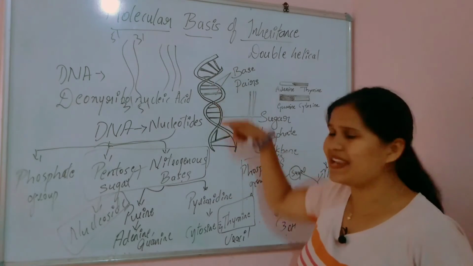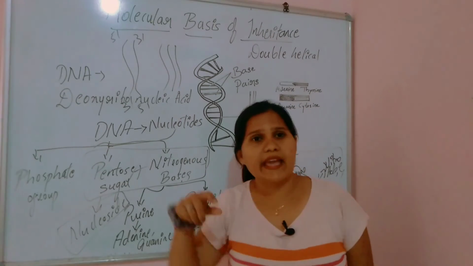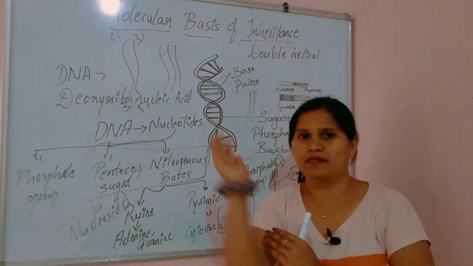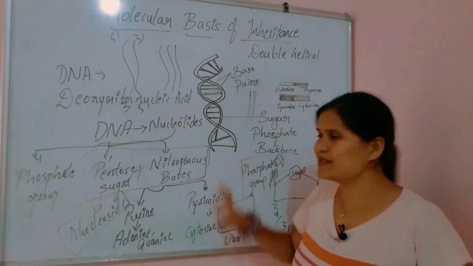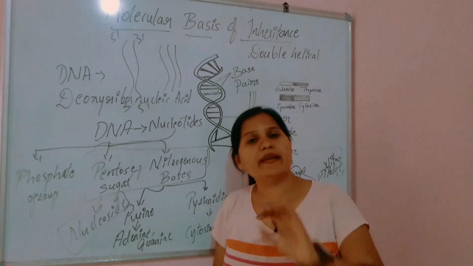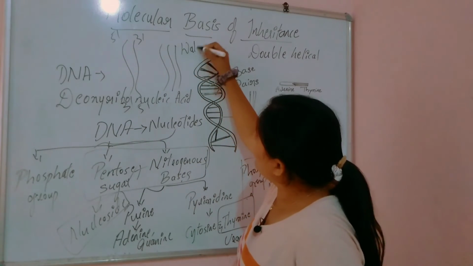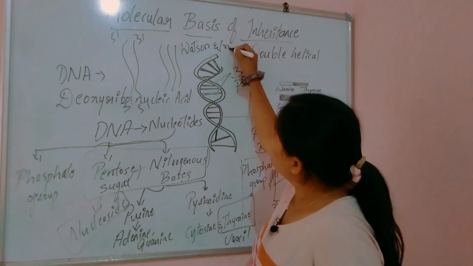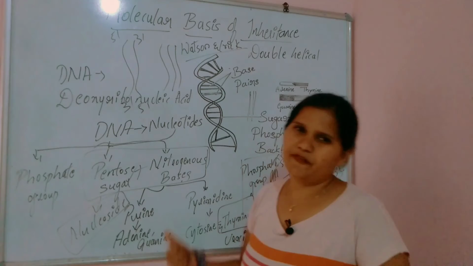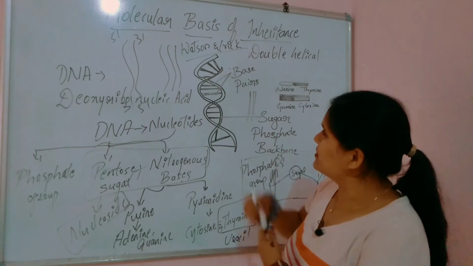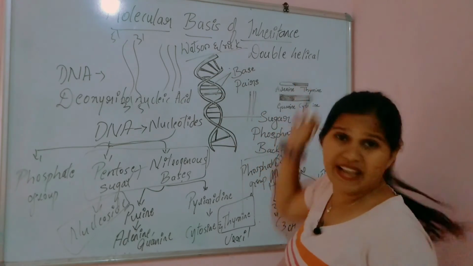Can you see? Helix in the sense twisted. Can you see the springs? Or you can see, in case of a staircase, the shape will be like this, right? Okay. So this is called the double helix model. And this was discovered by two scientists, that is Watson and Crick. Always remember, the Watson and Crick model of DNA is this. And they also got the Nobel Prize for this. Okay. So you can see here, these are the what strands? Double strand. So it is called the double helical model.